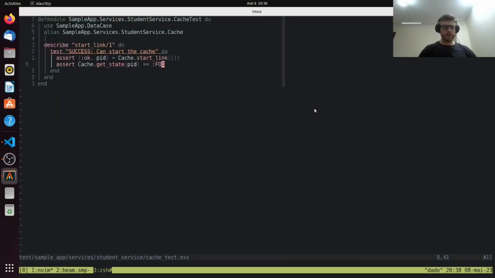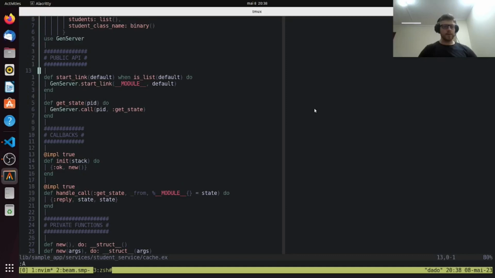And we don't care about everything up to here. Cool. We have the student class name. Each GenServer is going to represent again this database, and it's going to be per class, per student class name. So we should probably pass this thing here in the start link for, let's say, class A, right? So now I have that thing here in the arguments. So the start link actually receives arguments. Where is it? Word args,